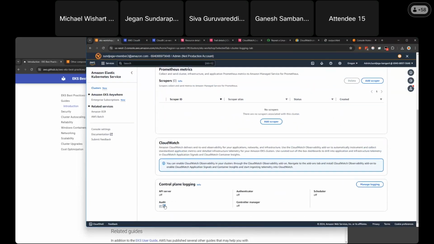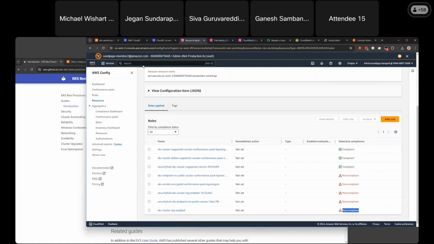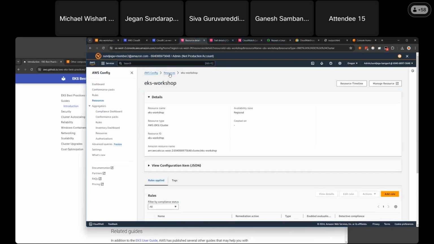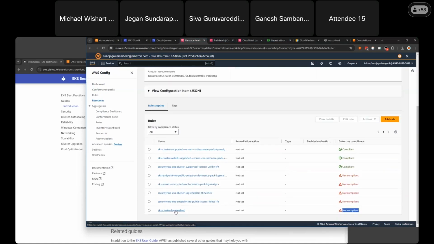Yeah, the audit logging is on. So if you go back to AWS Config, we should see shortly that this rule becomes compliant because we did enable logging.